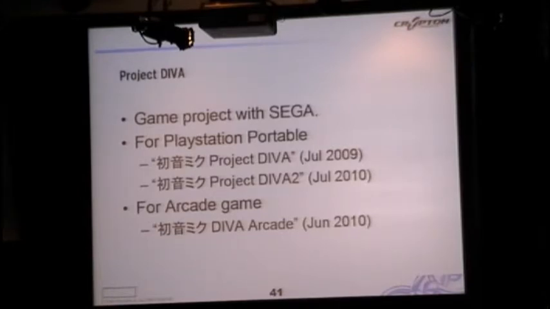So we've collaborated with Sega to create this game, and from the get-go, we decided that we're going to use as much user work as possible. All the music, all the costumes that the characters are wearing, and even the loading screen design was all done by the users.